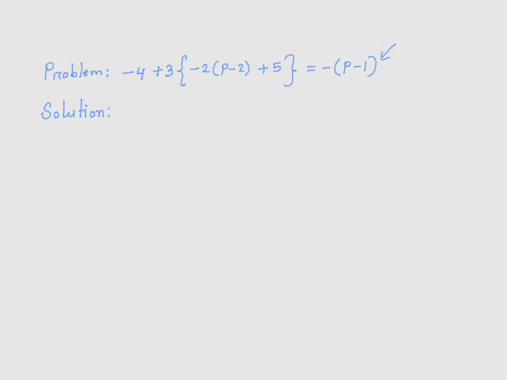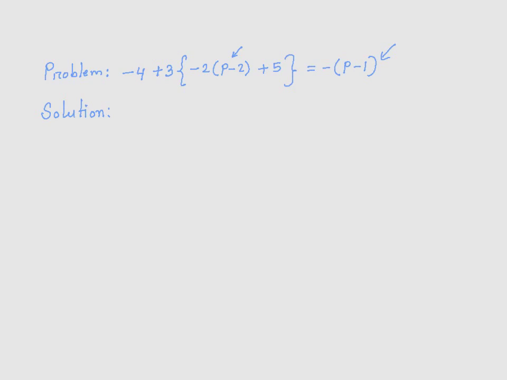terms from inside out. We are going to simplify the innermost parenthesis and then gradually go to the outer ones and then simplify for P or solve for P. And in this whole process, we are going to use the distributive property, your familiar distributive property. First of all, we are going to simplify the innermost